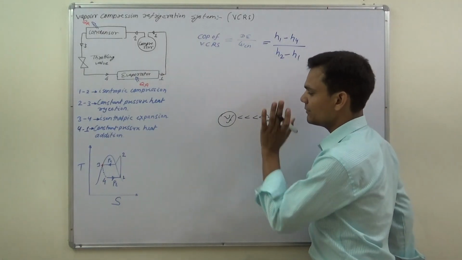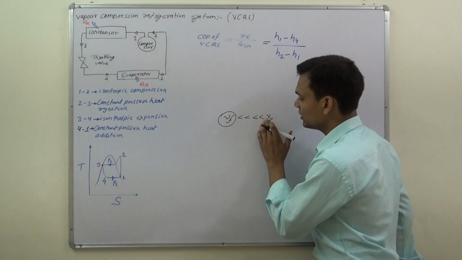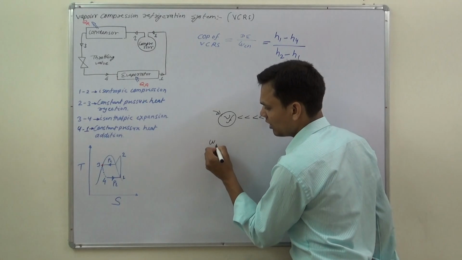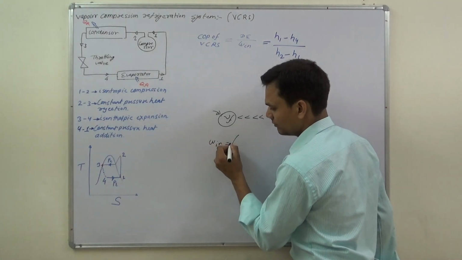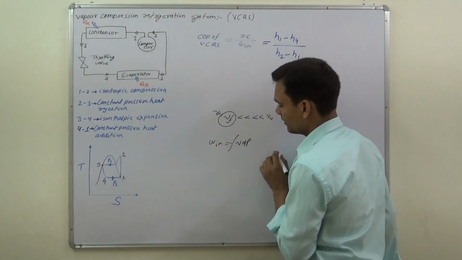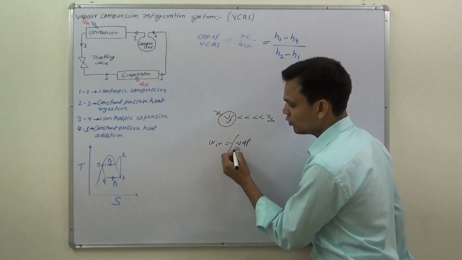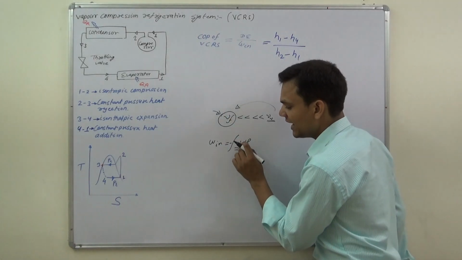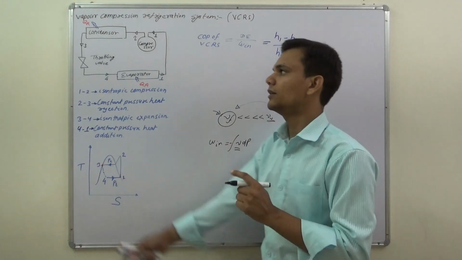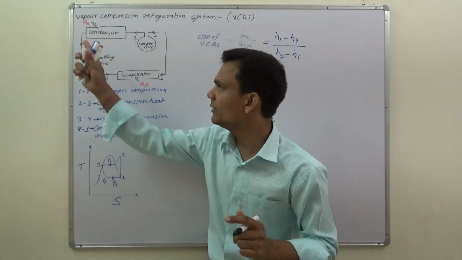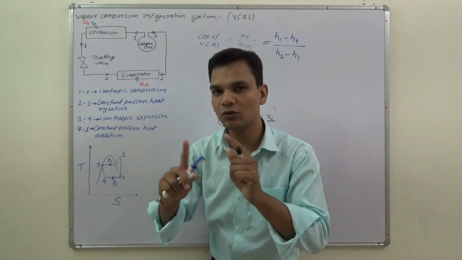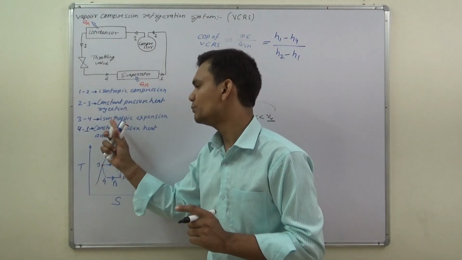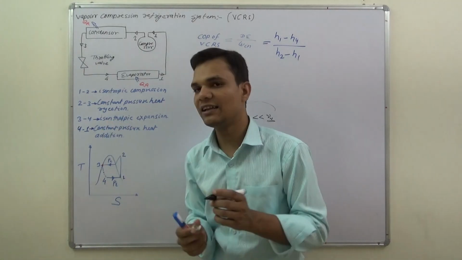So in the compressor we supply a huge amount of work as compared to the throttling valve, because the formula of the work input is minus VdP. The specific volume of vapor is very high as compared to saturated liquid. So we get a negligible amount of work in the throttling valve, or in process 3 to 4. So we do not prefer an isentropic process; we prefer an isenthalpic process.